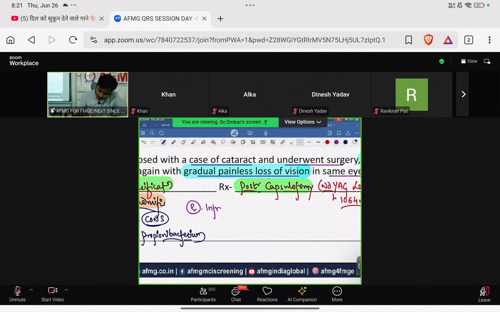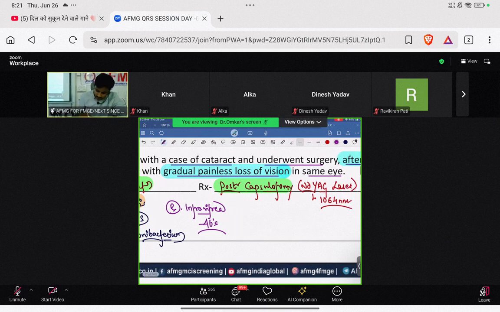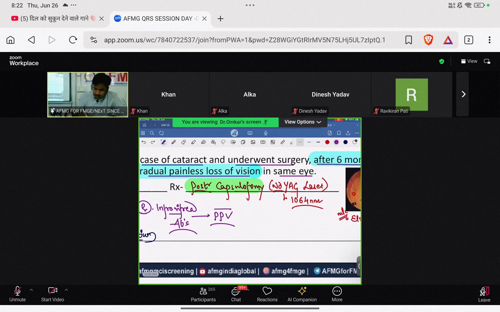Bacterial infection is the cause, so treatment has to be intravitreal antibiotics. हमें पता है बेटा posterior chamber में, posterior segment में, मतलब intravitreal antibiotics have to be given. If those don't help, बेटा, then we go for PPV. What is PPV? Pars plana vitrectomy. Intravitreal antibiotics don't help, go for a pars plana vitrectomy बच्चे. And अगर उससे भी काम नहीं चल रहा, then remove the inner layers of the eyeball.